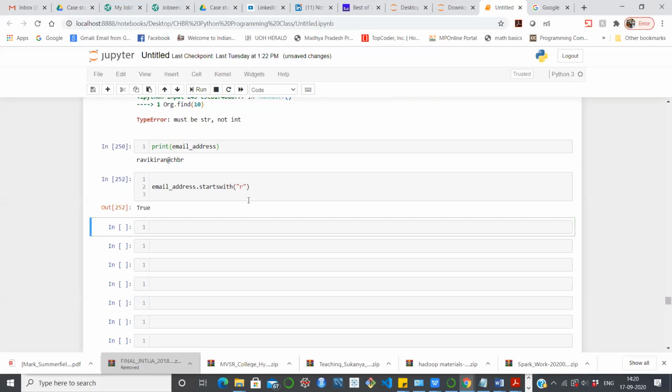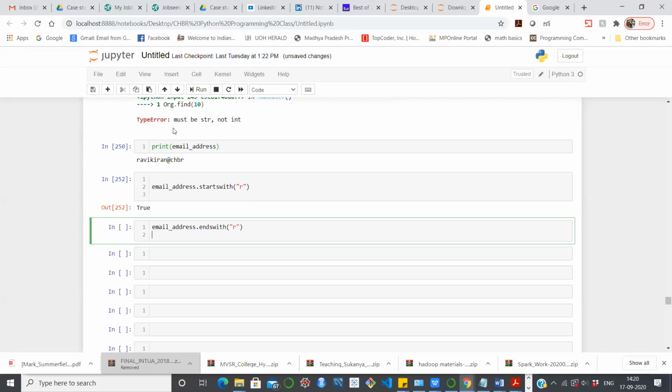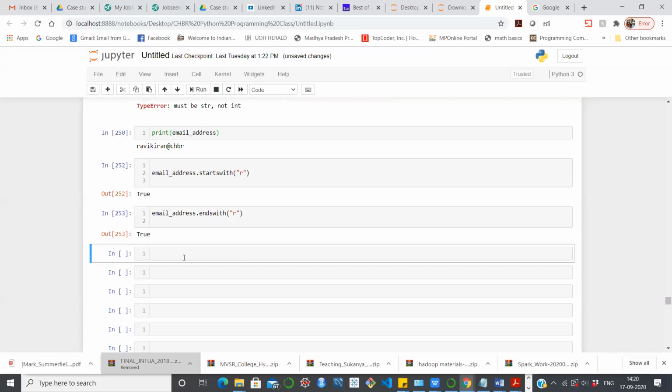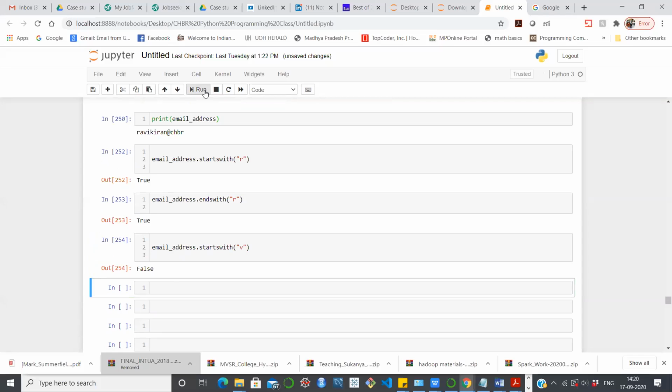Here we'll get true. Here also we will get true. If I check whether the name Ravi Kiran starts with V, then we are getting output as false. That means that is wrong.